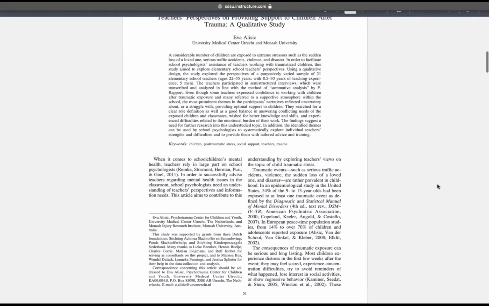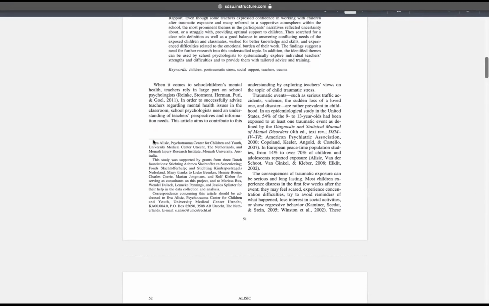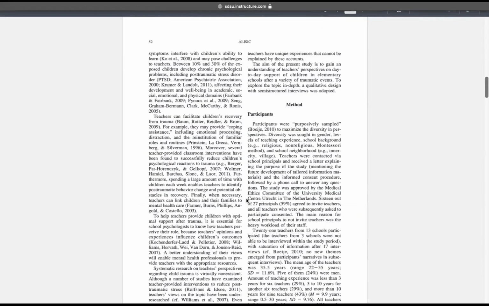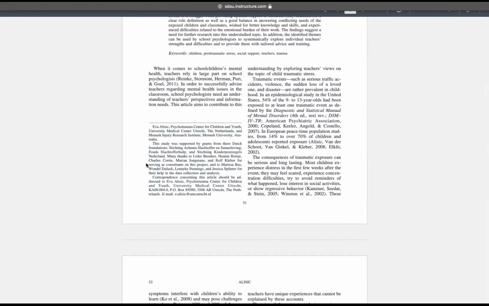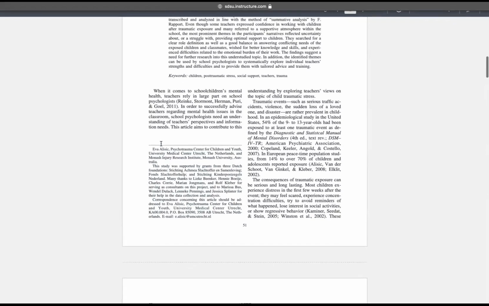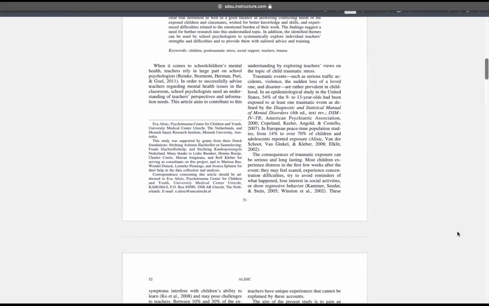So when you're going through, you're going to be able to see all the pieces. Sometimes it gives a little bit of a breakdown. Sometimes you'll see some footnotes. This here is just a random footnote that explains who the author is. You may not always see that. It also tells you what the study was supported by, which is helpful for finding out who funded it. Again, not all articles have that, but this particular one does.